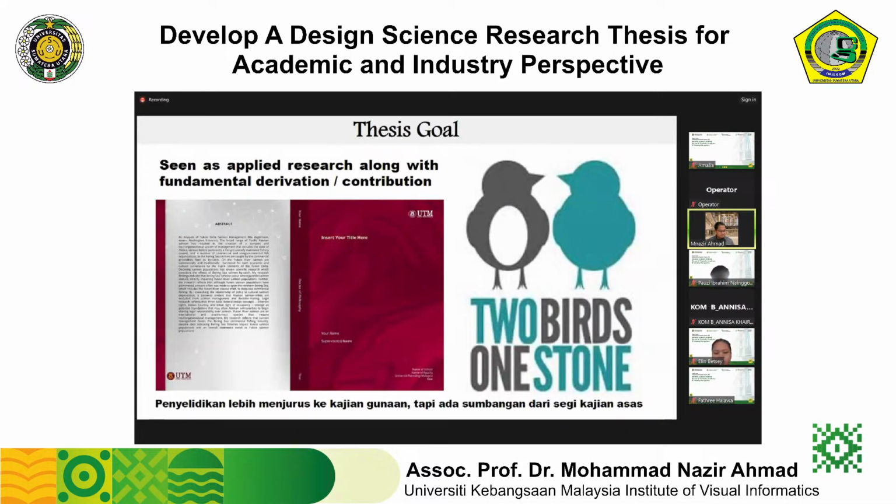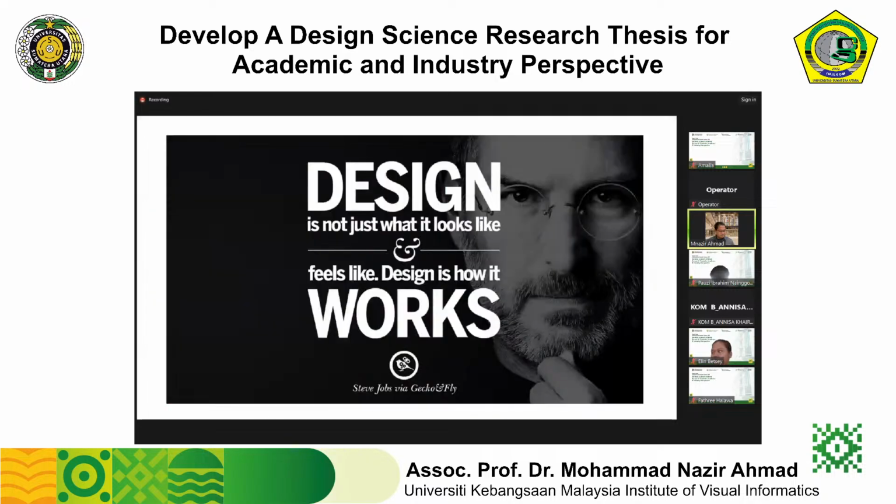All right. That's again the design. The main goal of design science research is to bridge the gap between academic and industry expectations. And then design thinking activities is a core component in design science research. Design science research is a pragmatism. Design science research is actually centralized on the development of artifacts. Okay, and then design science research provides so many templates to simplify and speed up the process of thesis